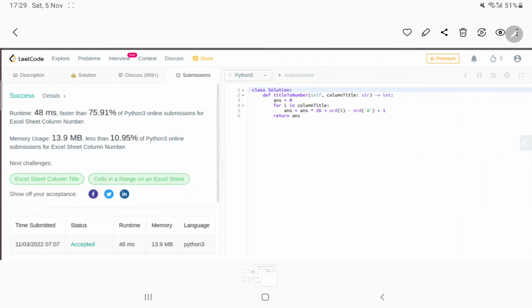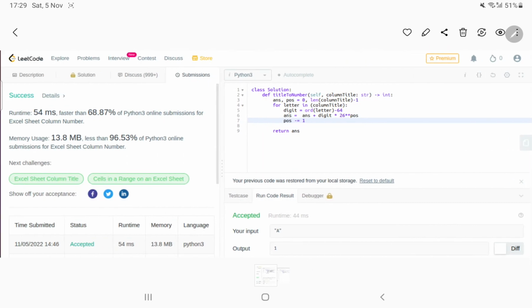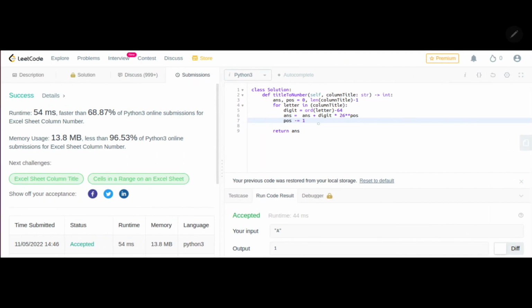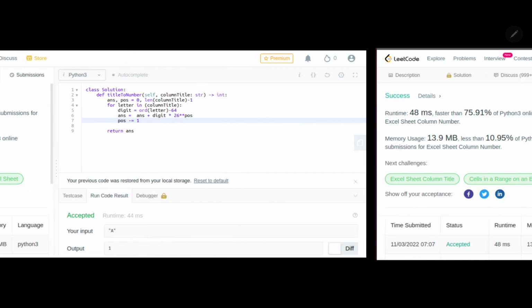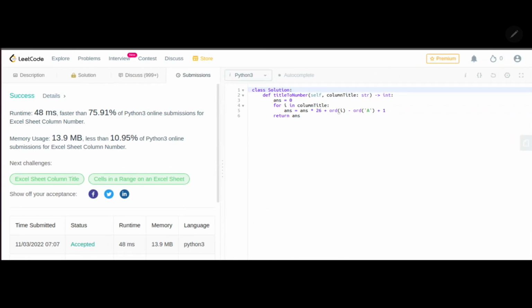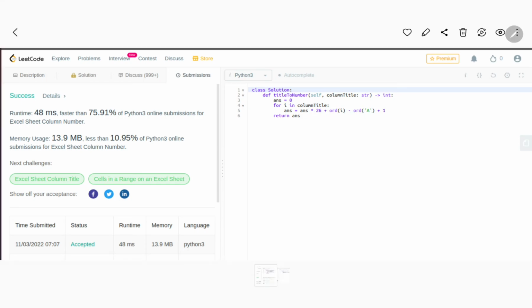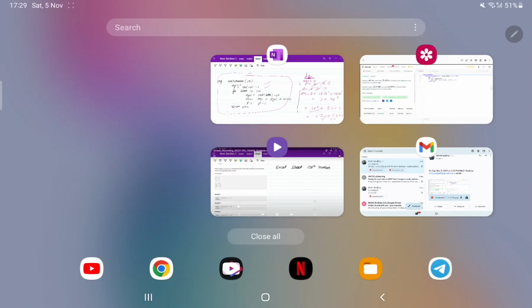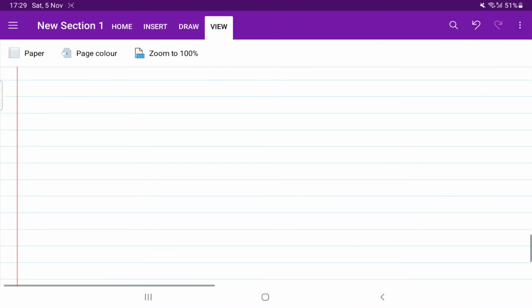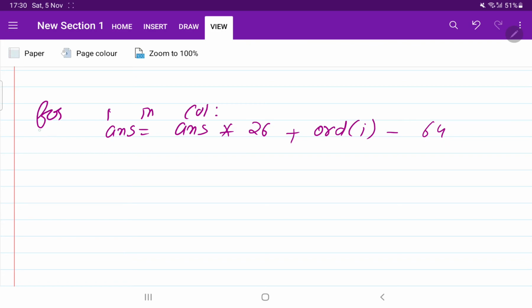Okay, and if you want to see the other pattern to write the code, it is this one. Here you can see the answer is initially 0. Here we have done everything in one step. Earlier we were calculating the digit, then adding it in the answer, using the concept of power. Here I have traversed the string and tried to find the solution. Let us write the solution also and see how this is working. This is the one line code and then we will return the solution.